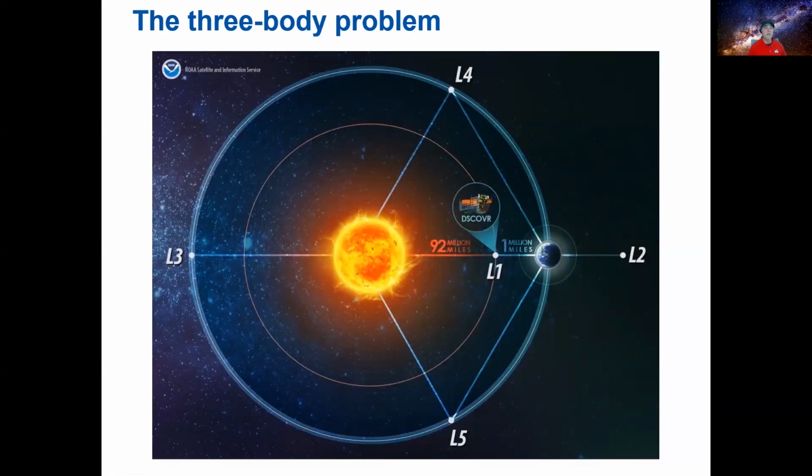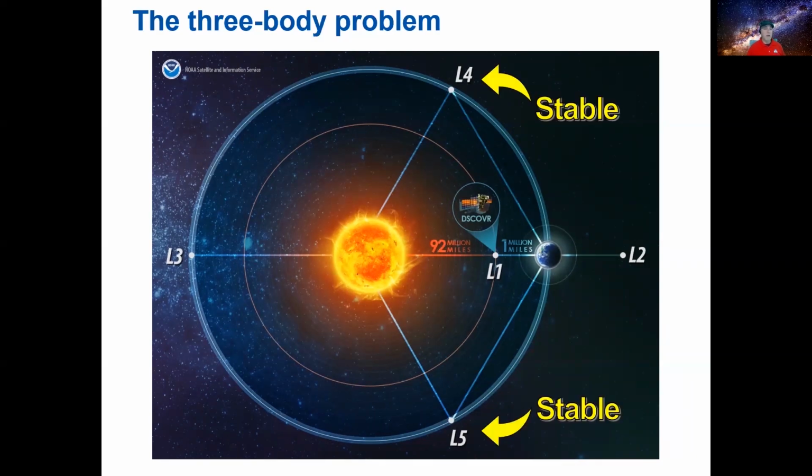In his solution, the three bodies moved together, always maintaining the same positions relative to each other. Lagrange identified 5 islands of equilibrium that orbit in lockstep with the two main bodies. These are known as the Lagrange points, labeled L1 through L5.